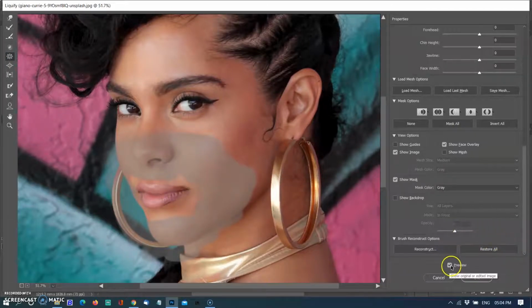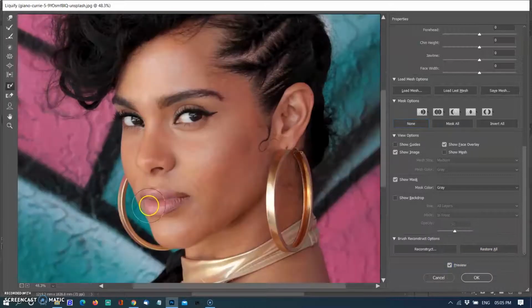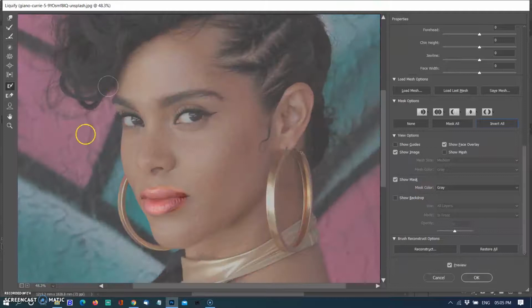Click on the None option in the masking tool to unfreeze. You can also select the edited area and freeze the whole image by selecting Invert in the masking option. Now I am painting over only the lips and selecting the Invert option. You can see the whole image is frozen except the lips.